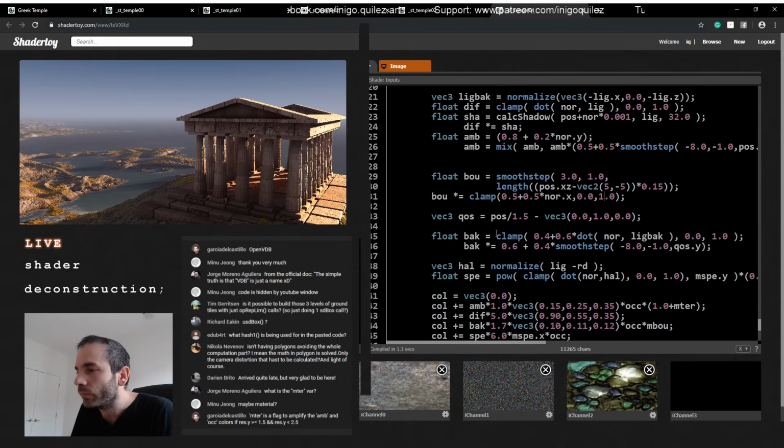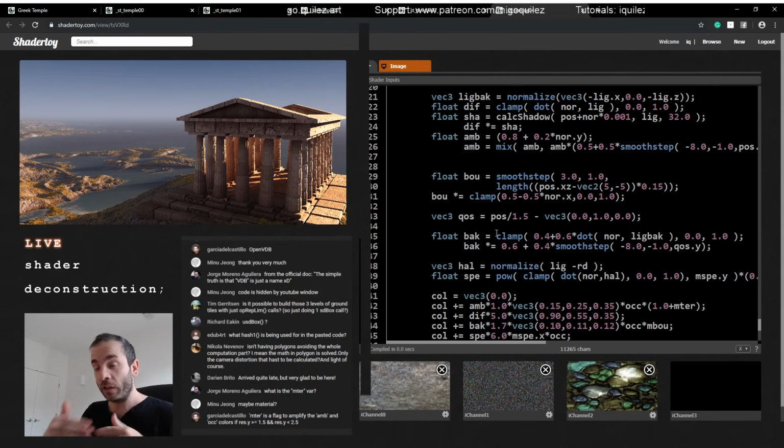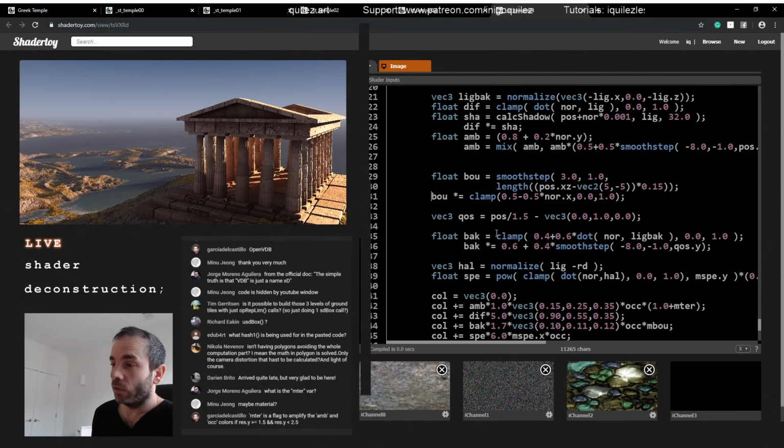And maybe negative. Okay, so I'm modulating the amount of lighting by the normal, just because in real life you would expect different orientations of the surfaces to pick up different amounts of lighting. And since we don't really have a light source, I mean, we could actually decide that the bounce light source is down there on the floor in the center of the temple, down where the patches of light are. We could do the average of that location and consider that to be the source of the light,